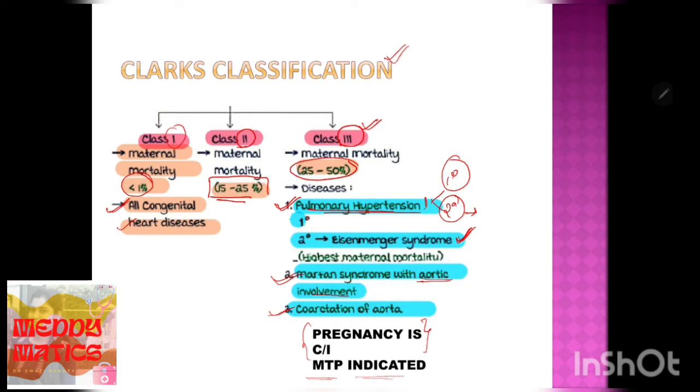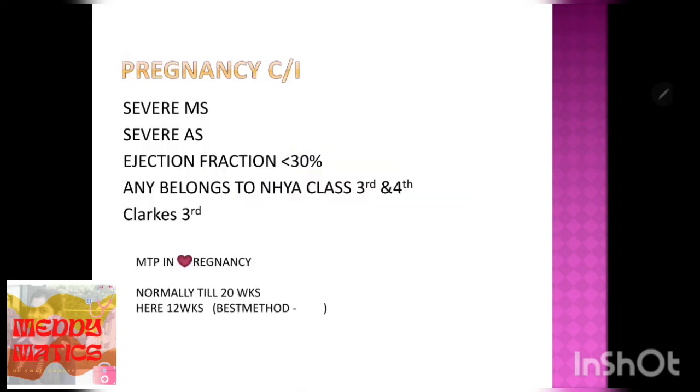Okay, so the MTP is medical termination of pregnancy. It is indicated in heart disease, and the best method for MTP is suction evacuation, which is to be done before 12 weeks. Okay, so the next thing, the pregnancy is contraindicated in some heart diseases, which include severe